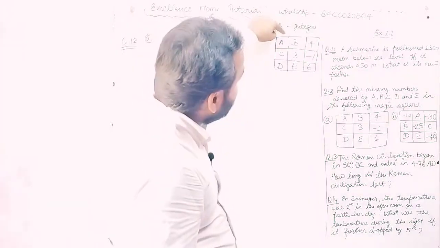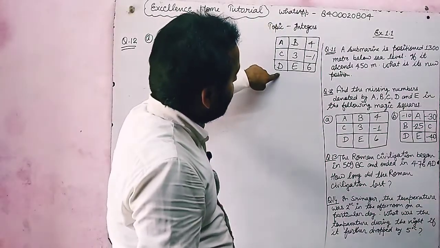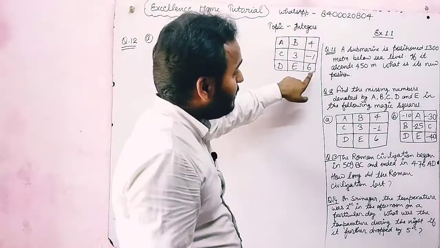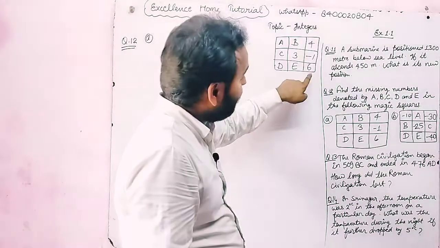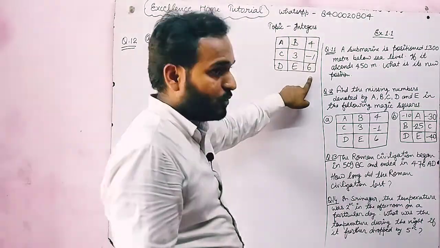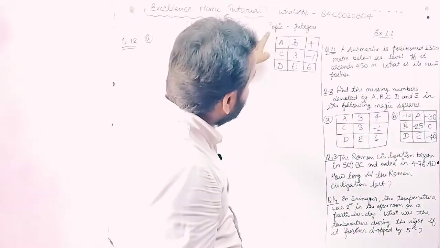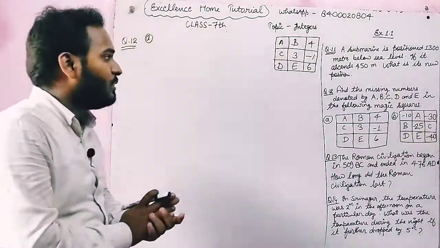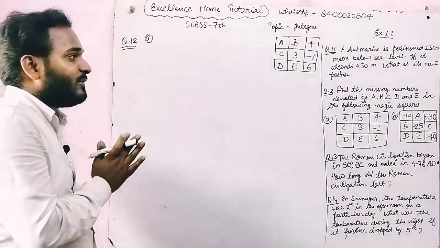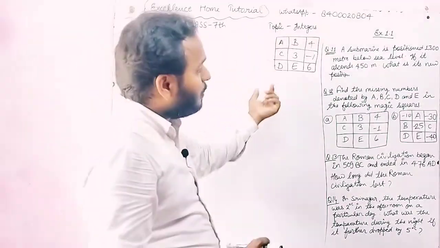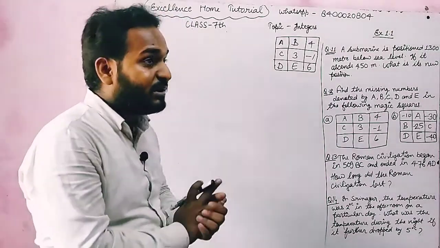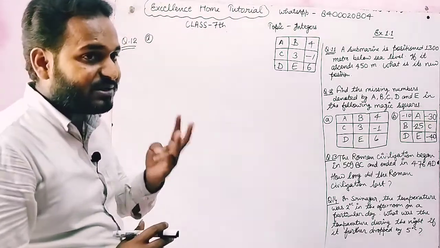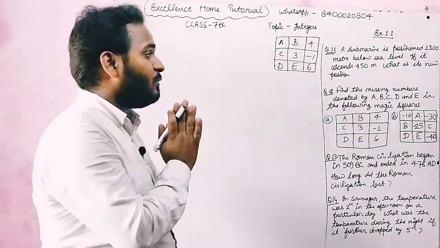So let's move on. Column first, 3 unknown numbers. Column second, 2 unknown numbers. And column third, 3 known numbers. So we have to take column third for our calculation. And in diagonal first, 1 unknown number is given. In diagonal second, 1 unknown number is given. So first of all, we have to find out the row or column or diagonally represented numbers in which 3 numbers are given. So first of all, we have to observe that.